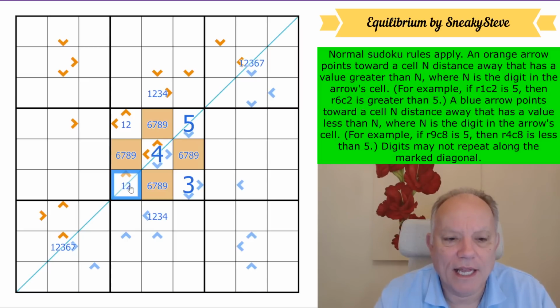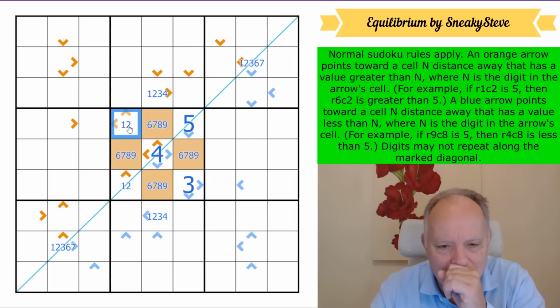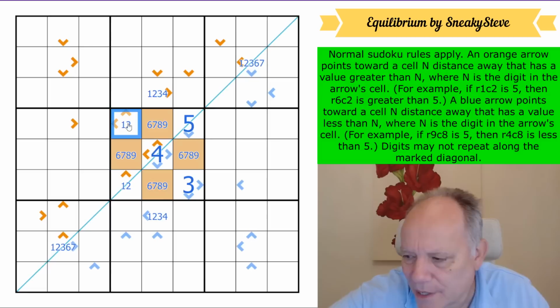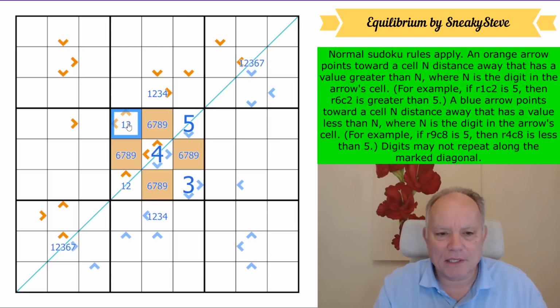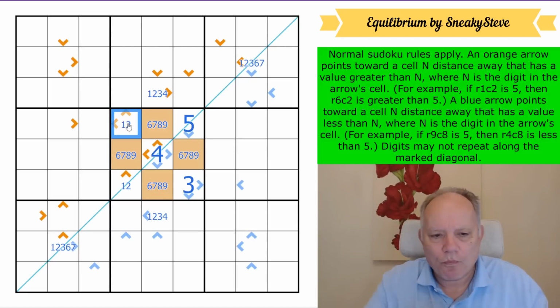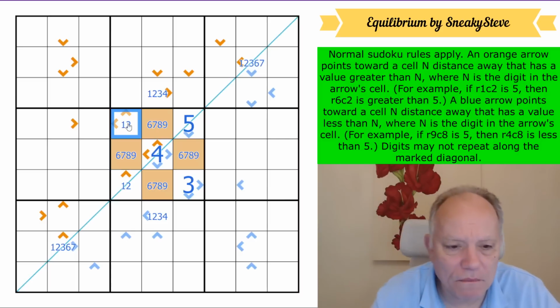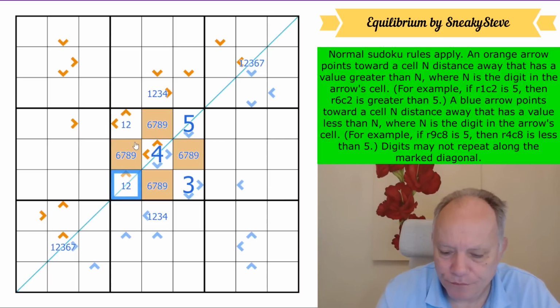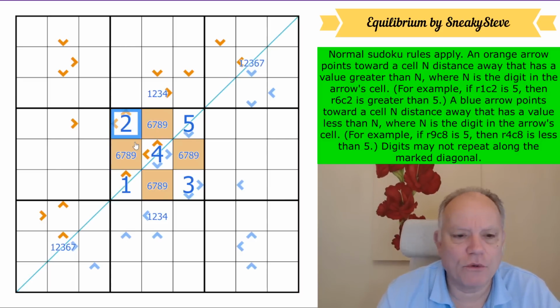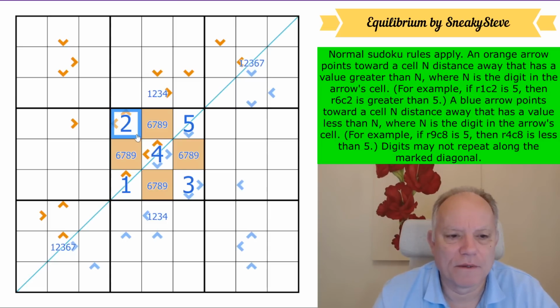It's not a 2, this one, because that would make this cell a 1 by Sudoku, and then that would make the 2 a liar. So look, we get to finish all the low digits in the central box. Now,